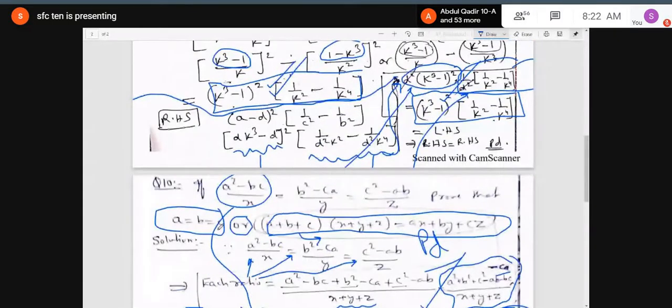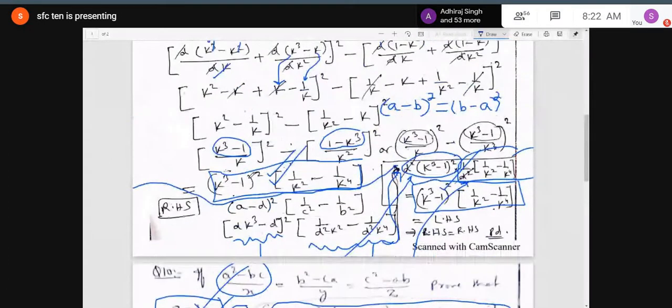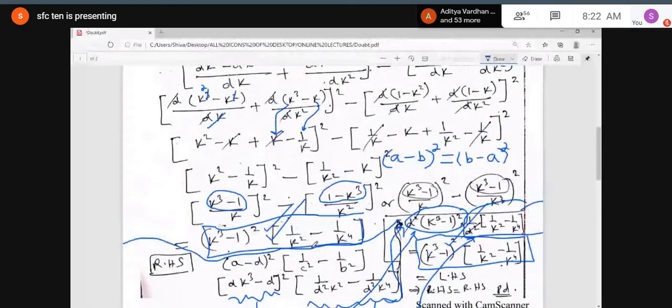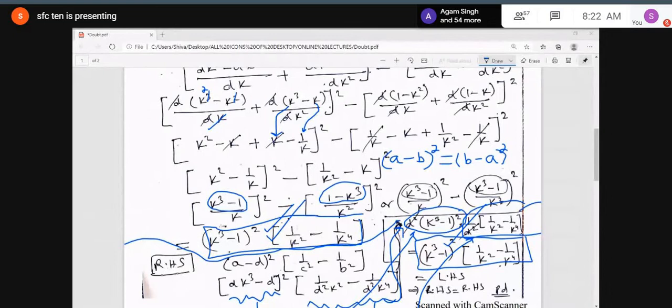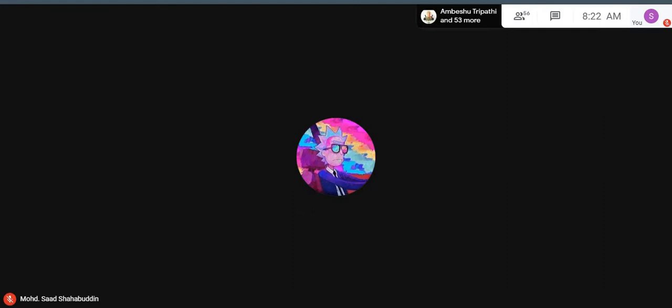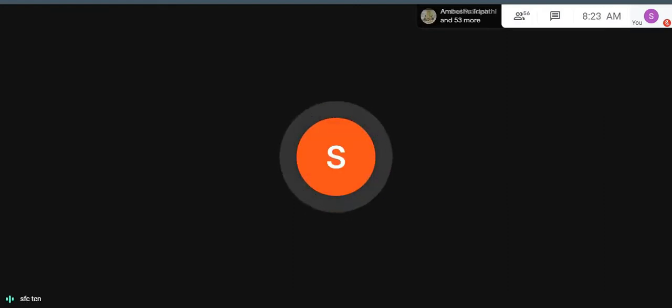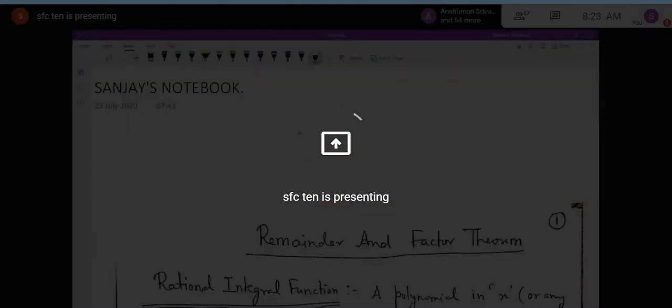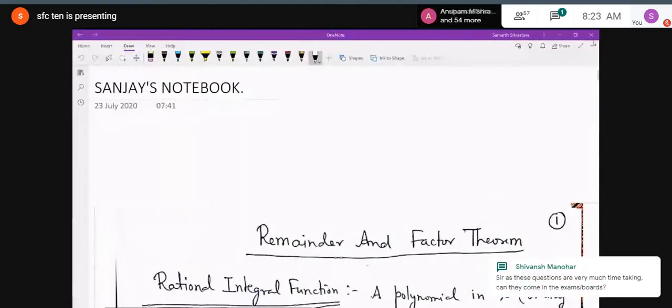Okay, so this sum was a little tricky, but you should practice these types of sums also, and that's why I have sent this solution on the class groups also. Is it clear to everybody? Yes, sir. Any confusion, boys? No, sir. Okay. Now, let us start with a new topic, that is the remainder and factor theorem. And today you have to practice the sums related to it also.